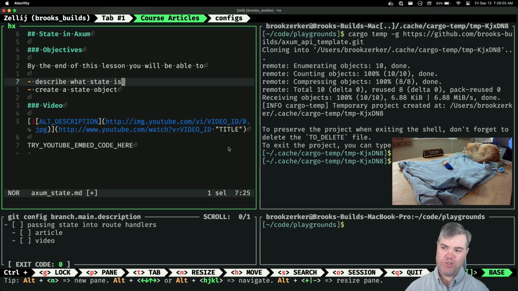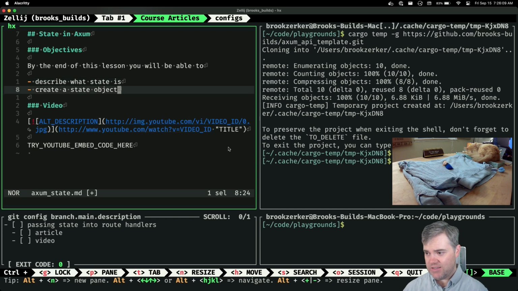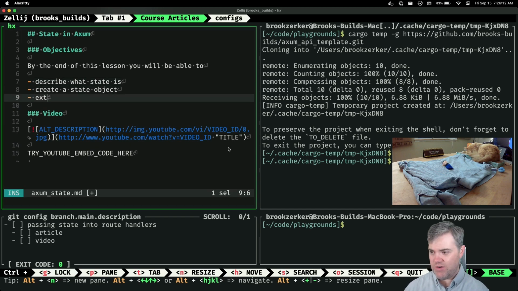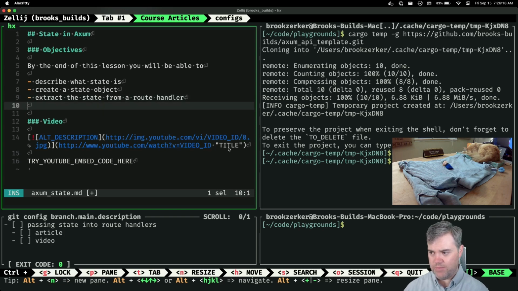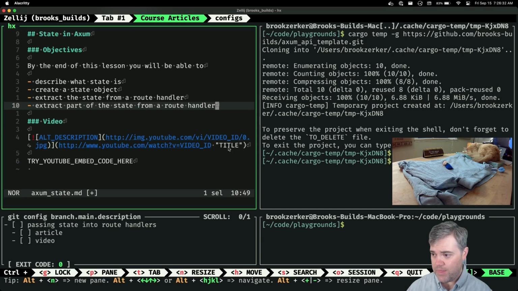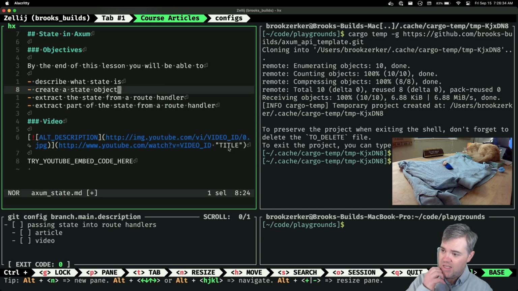We need to be able to get the state, so extract the state from a route handler. We need to be able to extract part of the state from a route handler. So if you just want one little bit of the state instead of the full state, we need to be able to handle that too. Extract the full state, create a state object, describe what it is.